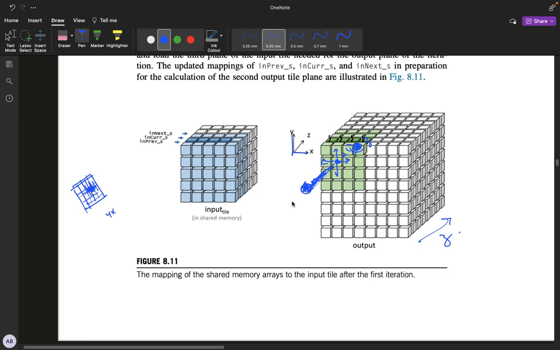Wait, let me think. Oh yeah, so there's no need to even load these two other planes because